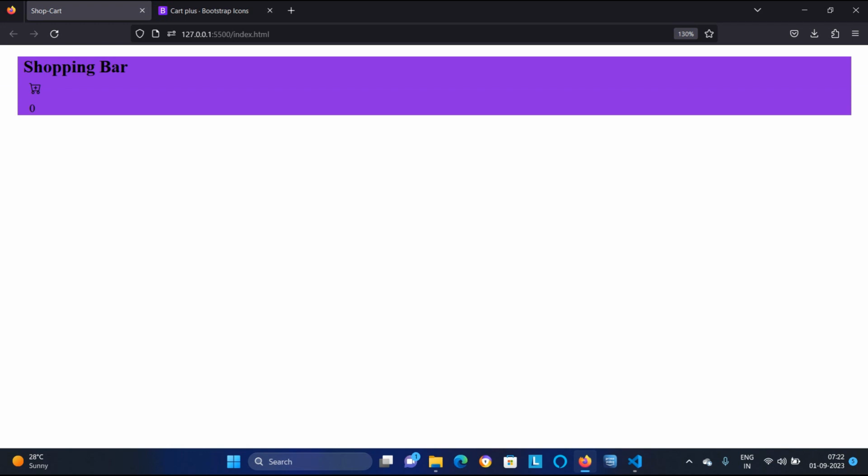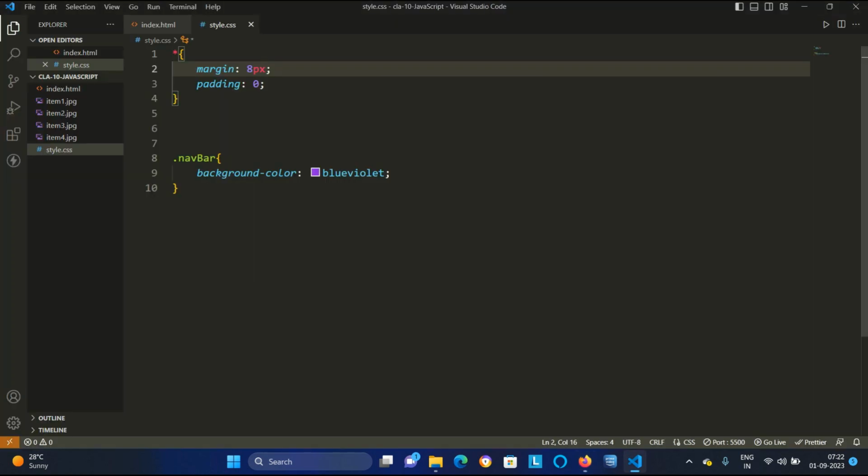You can see that now it is taking a margin of 8 pixel from here and from here. If I use 80 pixel, go back, look, now it is taking a margin from top, left, right and bottom.